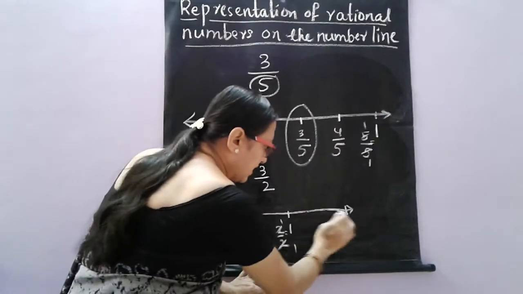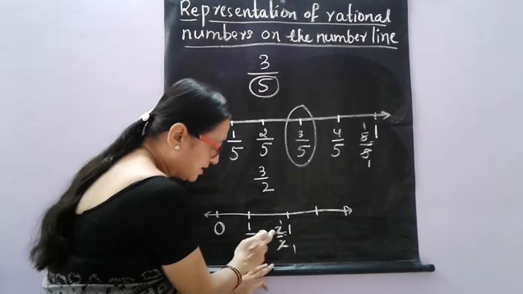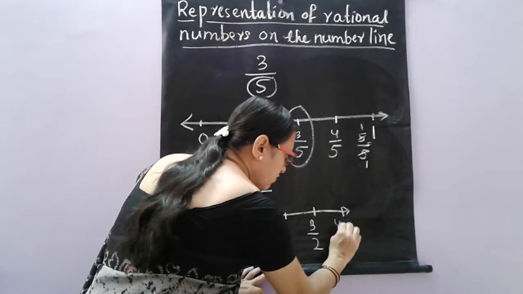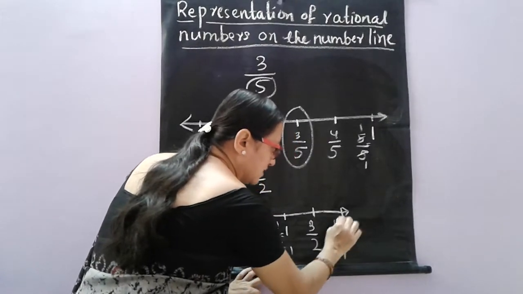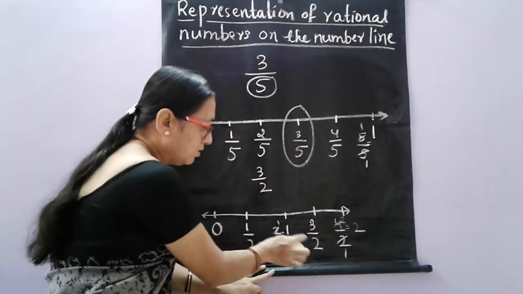Yes. Now here again this part I am dividing into 2 parts. What will be the next part then? This is 2 out of 2, which means it is 3 out of 2. This is 4 out of 2. That is 2 ones are 2, 2 twos are the second part. Now 3 by 2 is here.